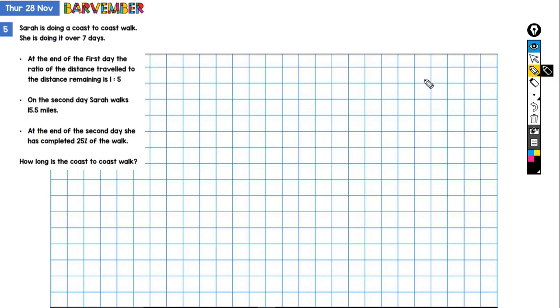Now, one thing I'll note is that normally when I'm doing a ratio question, with something like this, I would draw something like this. I would go 1 and then I would draw a separate bar to show the 5. Normally we often get ratio questions where the ratio changes and you're adding an amount or taking away an amount or something like that. And I usually find that ratio questions work best as comparisons. But in this case, because we're talking about a distance, it makes much more sense to draw it as